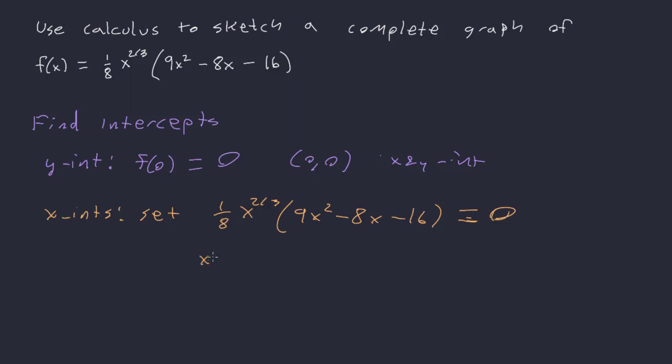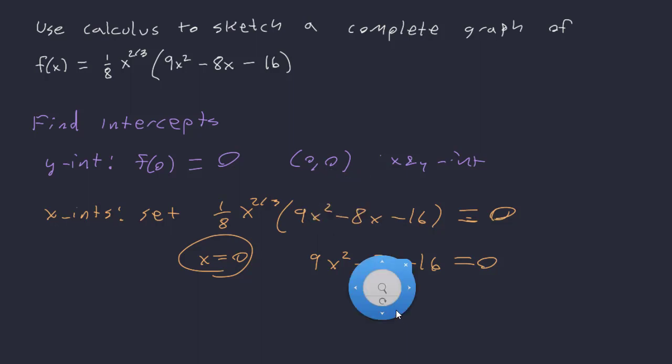So our first solution here is going to be x equals 0. We already got that from here. So now we just need to focus on this 9x squared minus 8x minus 16 equals 0. All right, and I don't think that this is going to factor nicely,